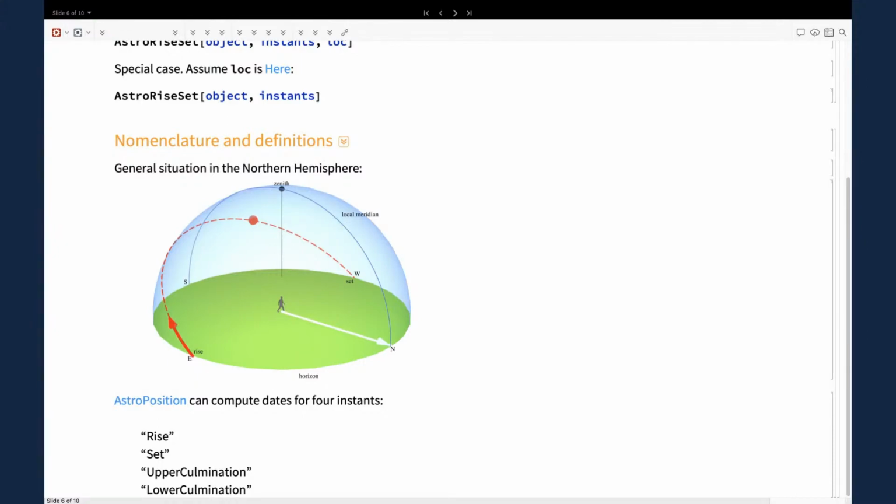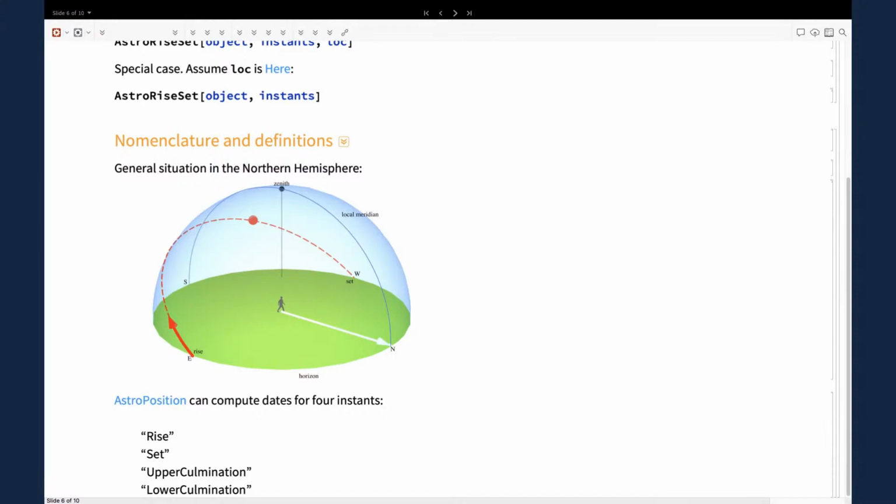When we have the zenith at the top, and then the crossing of their dotted red line and this blue line, which is the local meridian, will be the culmination, the upper culmination of the object. So we are interested in 4 moments: the rising moment of the object, when the object rises; the upper culmination, which is when it's highest in the sky, crossing the local meridian; then the setting on the west; and then